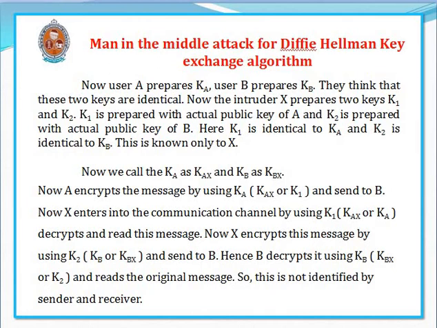Here one more important thing is that user A sends some message and encrypts it. User B will receive the same message that was earlier given by user A without any modifications, or the intruder may change the message in the middle. Sometimes users A and B do not identify there is an intruder in the middle even after some sequence of communications between them, and such an attack is what we know as a man in the middle attack for the Diffie-Hellman key exchange algorithm.